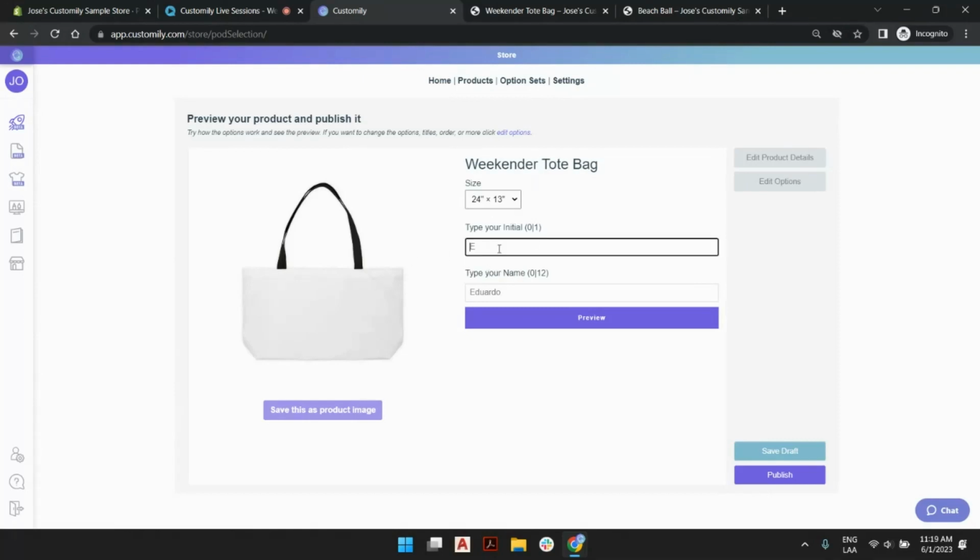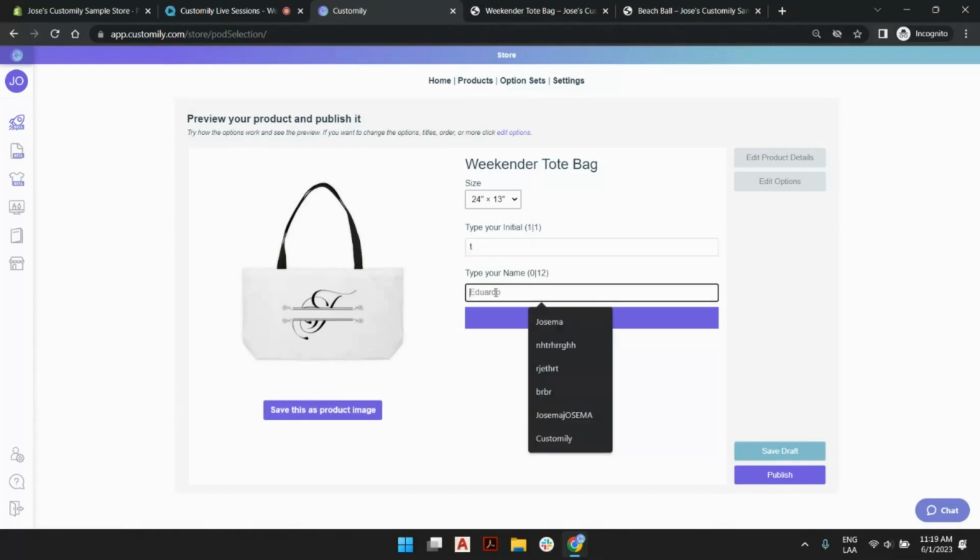I'm going to type something like, I don't know, I have suggestions here, but I'm going to use T, like we tried before. I can keep playing around with the letters and see how long it is. You see, I actually have 12 characters available. Okay, that's actually 8 characters, so I could keep adding up to 12 characters, and I can save this